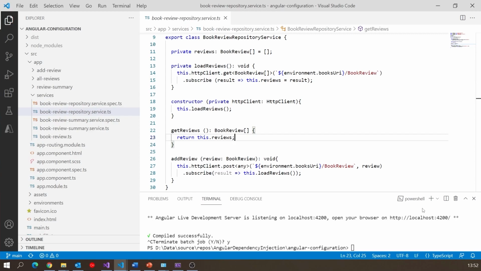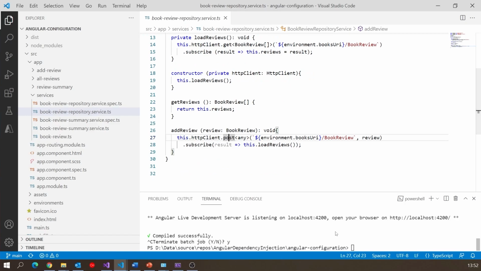And in fact, we already used this briefly in one of our examples, because if you remember the example we had with our book reviews, so what we had here was the code where we were using HTTP client to both get and to post our book reviews.